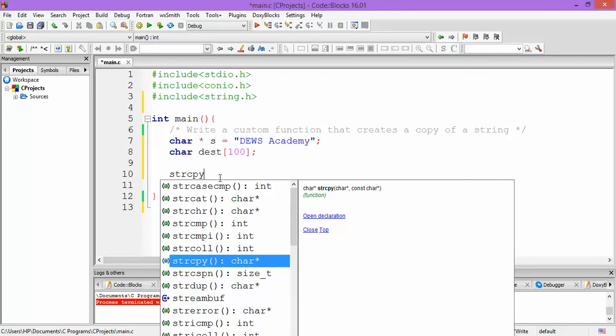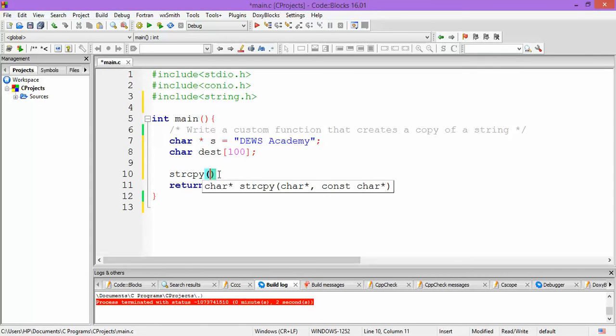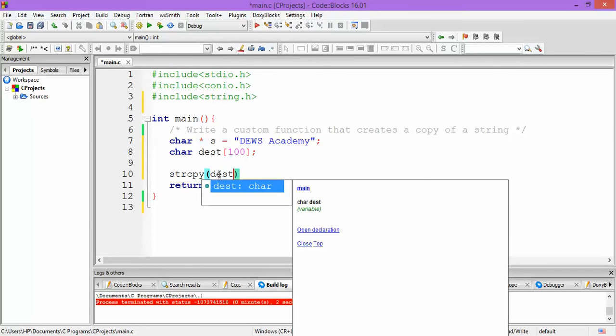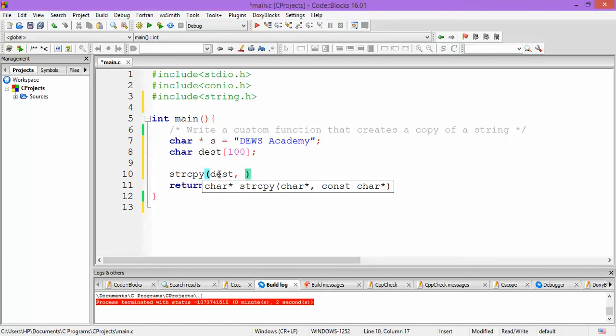So we will be using the string copy function, and first we pass the address of the destination array. Here dest holds the address of this destination array, and s holds the pointer to the source string.